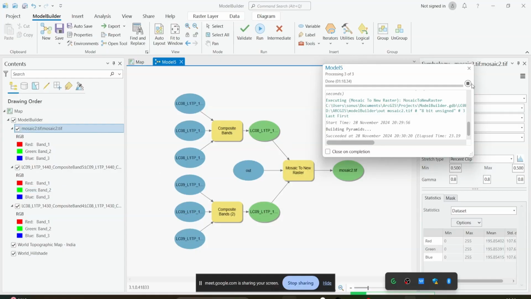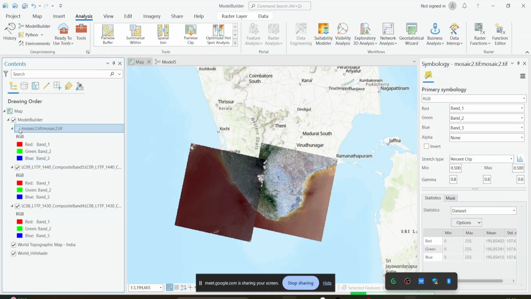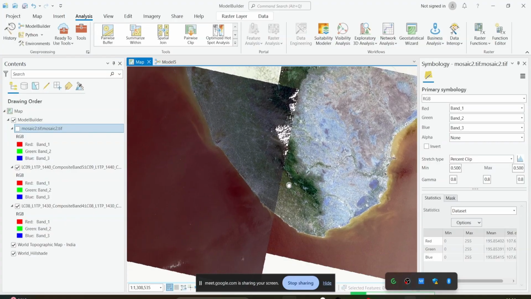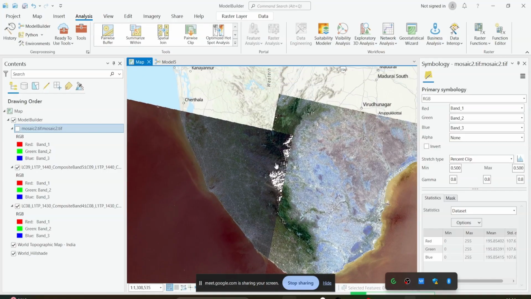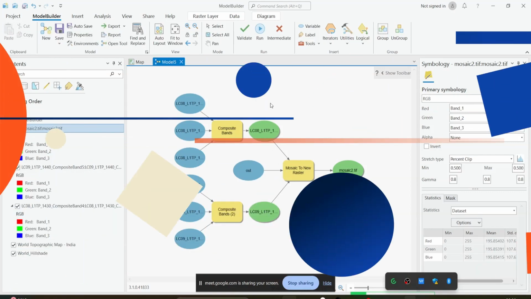And it has been done. If you click on close on completion, it would have closed. I will just close it. If I go to my map, you can see that it's been completed, right? It has actually created and composited the images and created the mosaic image also. So that is how you can just create your own custom